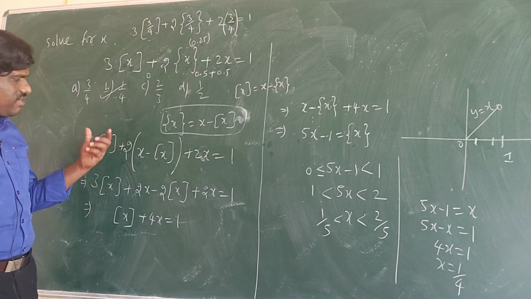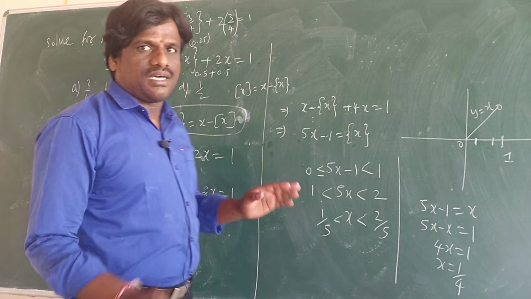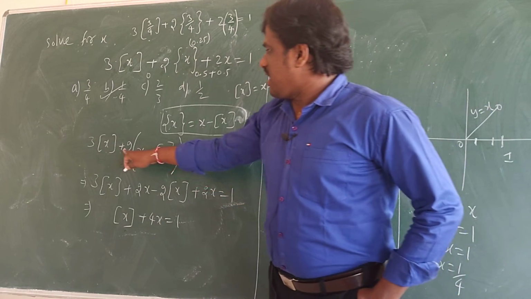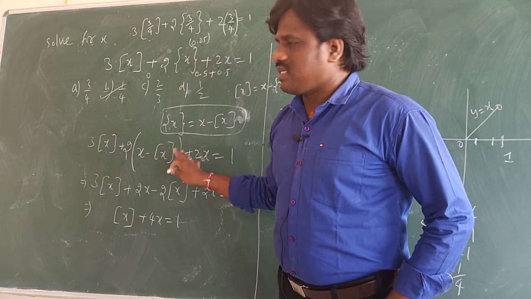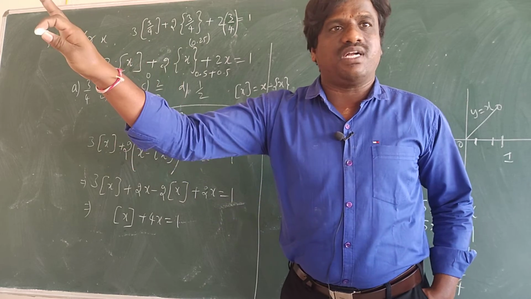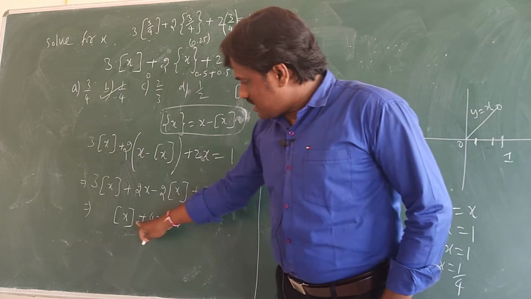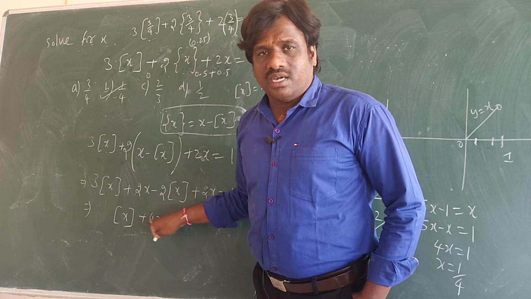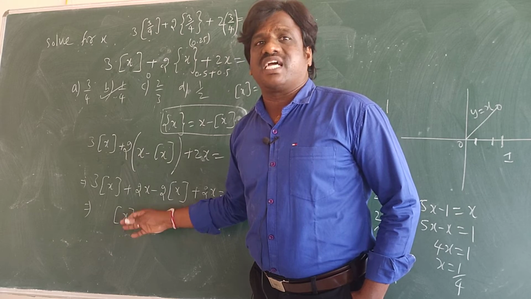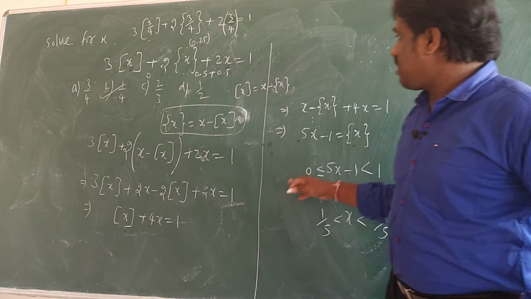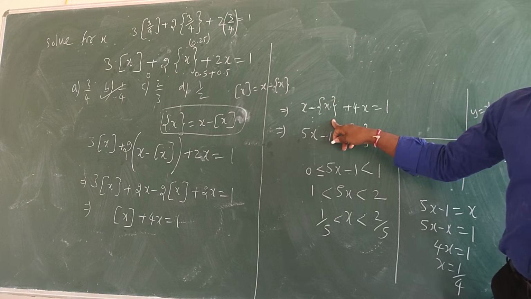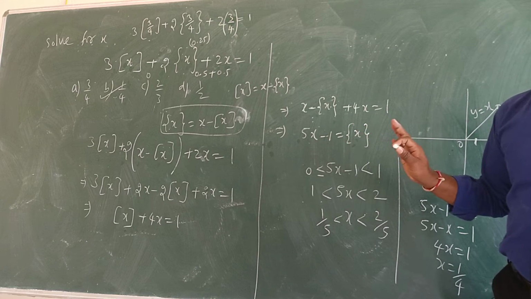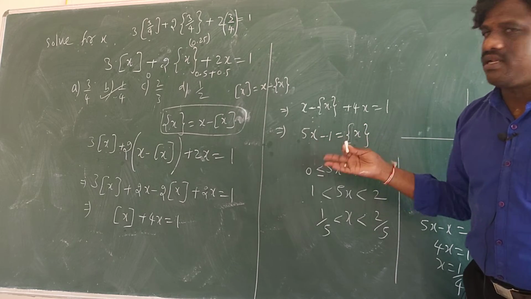But if you do this method-wise, see here. Actually, everything came here, I erased it, but everything comes the same way. See, 3x plus, we changed it, so x minus greatest integer x. However you do it, in the previous also, whatever I did, you will get the same method. This equation you will get: greatest integer x plus 4x equal to 1. I have to make the greatest integer into fractional part, so I wrote greatest integer x as x minus greatest integer x. So I got the fractional part of x value as 5x minus 1.